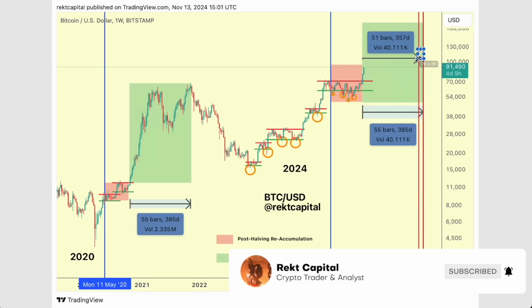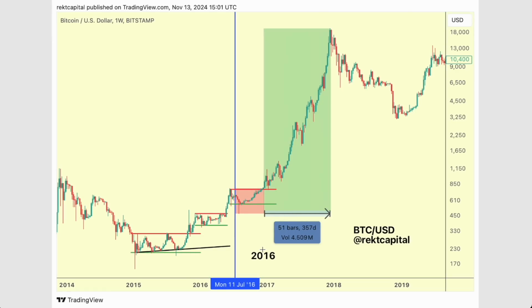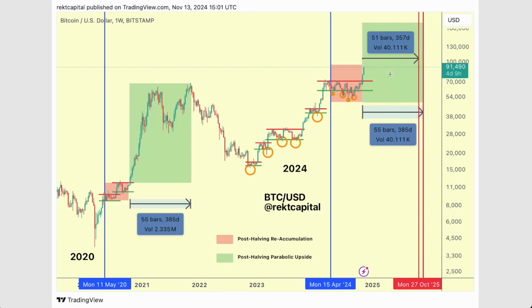And if we take away 14 days from this potential period here, and we factor in the 45 days right over here, and maybe we do see an extension in terms of parabolic upside across phases and across cycles, then what do we come down to? We come down to a conservative estimate of approximately 300 days, and that gives you a bit of an average. It factors in the worst case scenario that we top out a little bit sooner, the acceleration in the cycle, the extended reaccumulation phase in this cycle, and quite a few variables